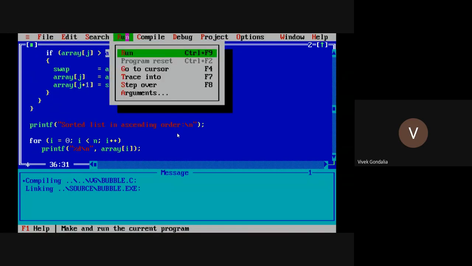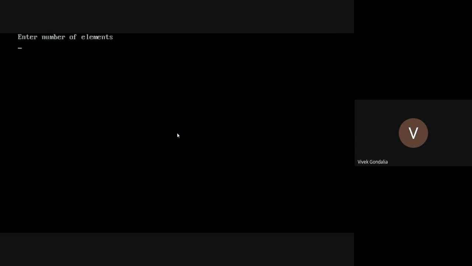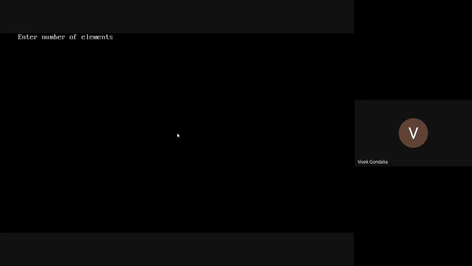So let me run this program. First we have to decide how many elements we want to enter.